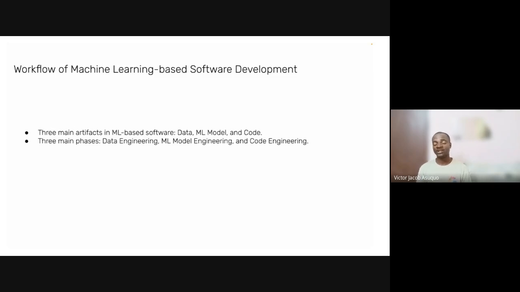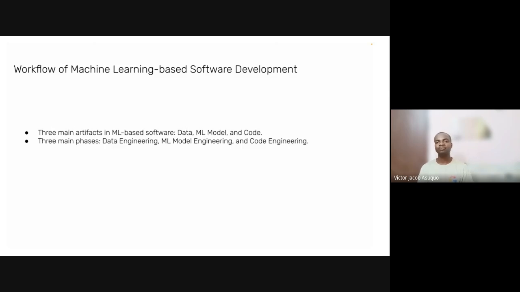The three main steps in machine learning design begin with data engineering. And what does this entail? Starting from data ingestion: where do you plan on getting this data from? How do you plan on getting this data? How do you get the most out of this data? How do you manipulate this data to get the best out of it? That is what data engineering is all about.